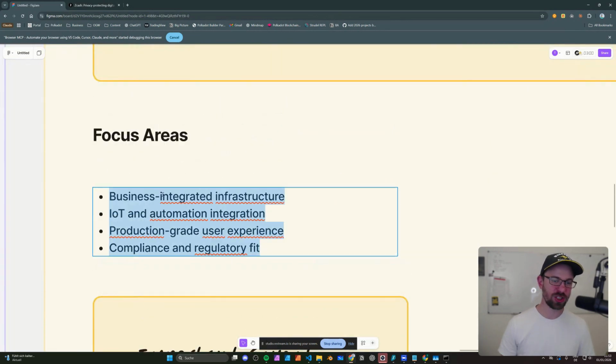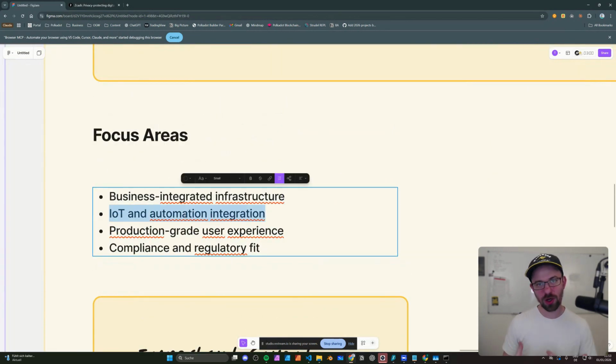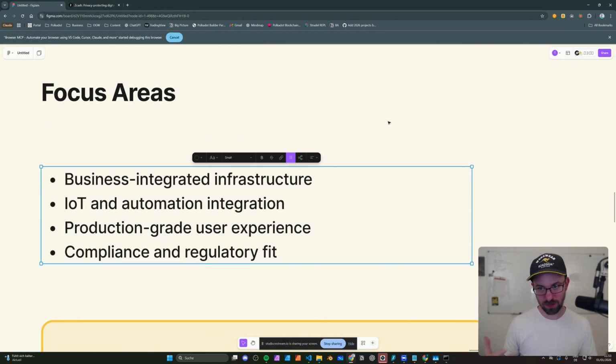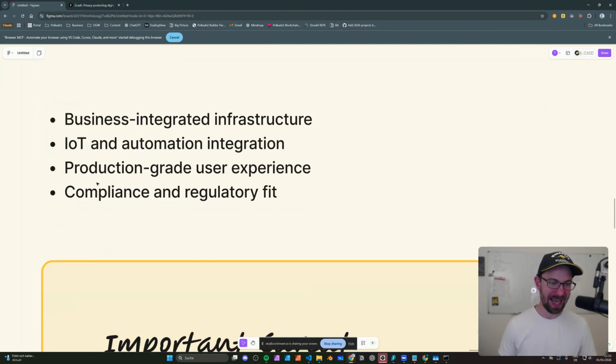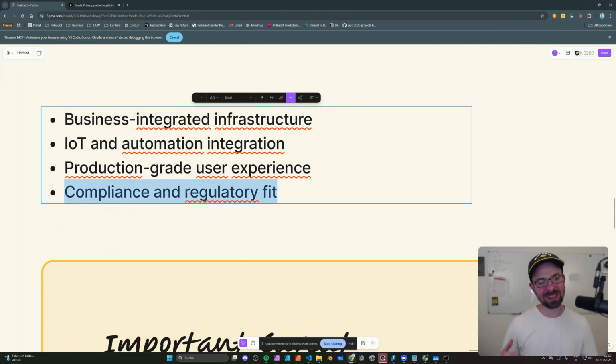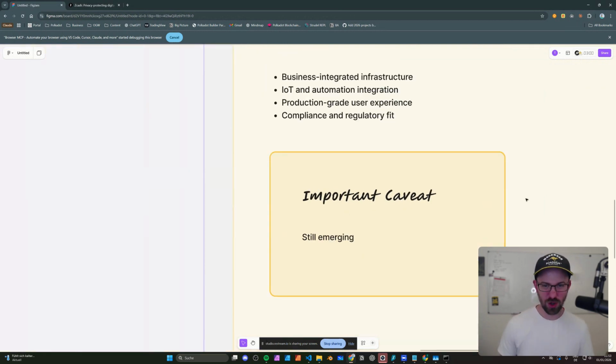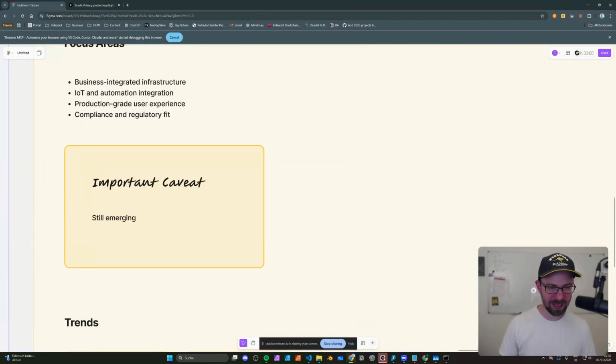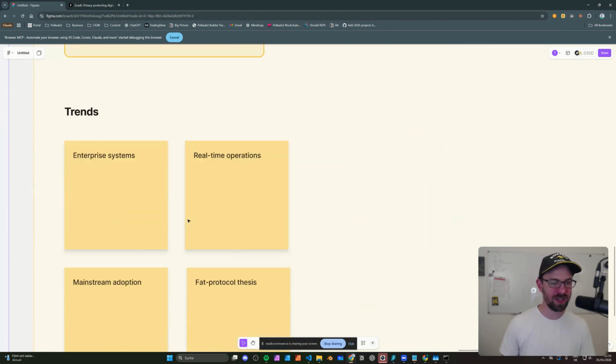So this can be business integrations. We see the whole machine economy, deep in IoT integrations. We see that there is more focus going into user experience and actually creating something that is not just for the tech-savvy people, but also for the regular user, similar to how Web 2 was maturing, and we basically got applications for regular mainstream adoption. And to some extent, there are also questions about compliance and regulatory fit influencing the technology decisions. So not really sure if we can call this the fourth generation, because it seems a little bit different, but yeah, that's always the case when you have an emerging thing.